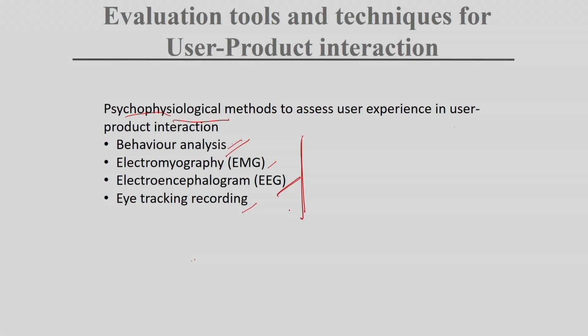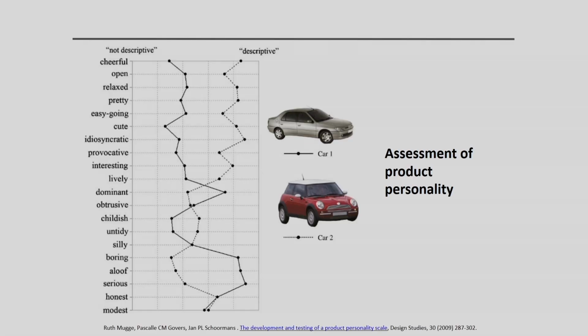So this type of understanding we can have to understand what is preferred by the user when you are designing some user product. Eye tracking and all these methods can be used in very different ways depending on the context of what you want to understand. There are so many psychophysiological evaluation methods, and a few we have discussed here. Last but not the least, as we have discussed, the product personality in our emotional aspects of human factors.